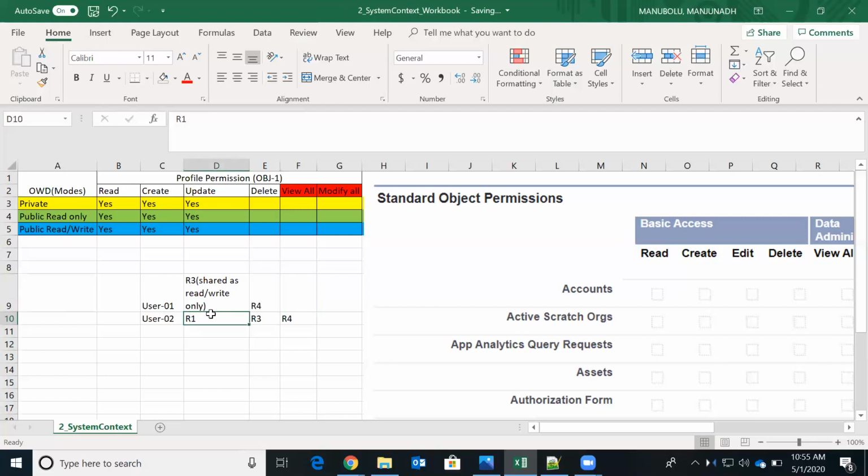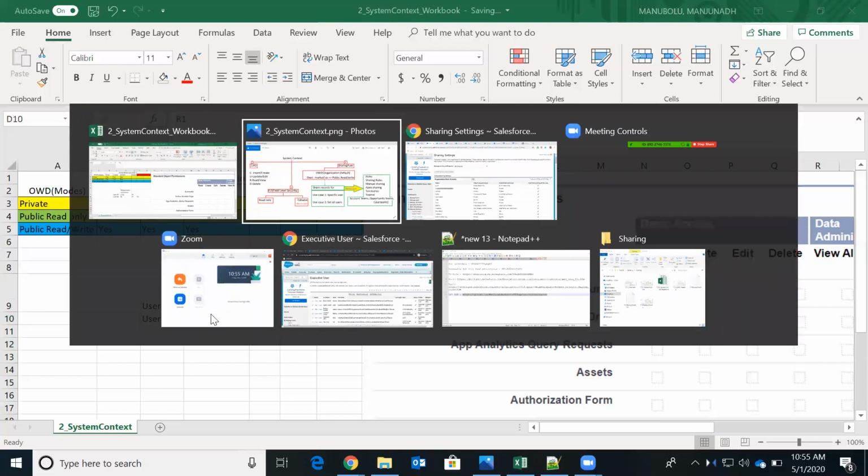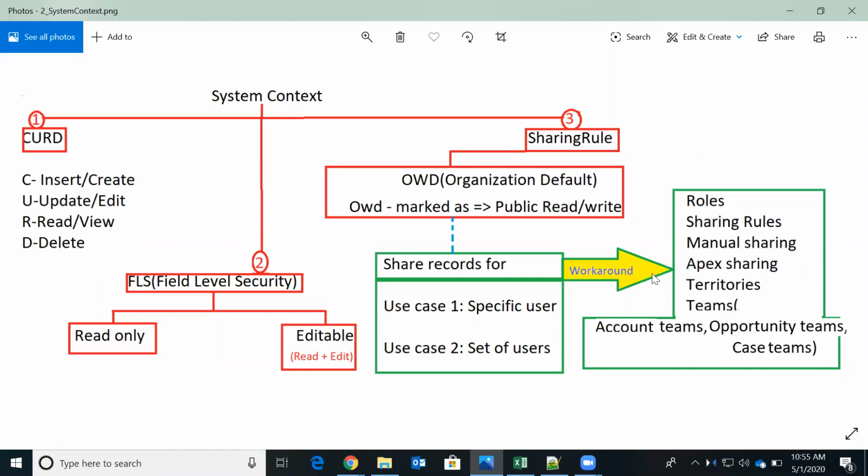But I want to share a record. Then there should be a workaround. So what I am saying is there should be a workaround. The workarounds are all these; one of these solutions we can select.